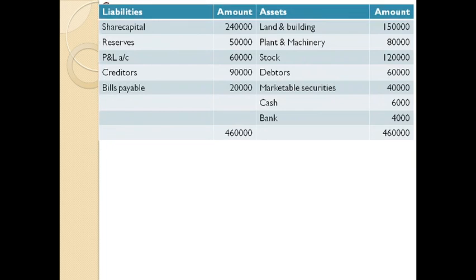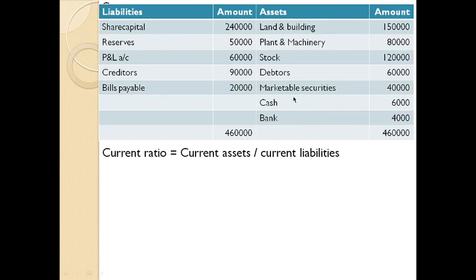Okay. In the question, all these details are given. As per the short-term financial statement analysis, there are 3 types of ratio under liquidity ratio analysis. First one, current ratio. Current ratio equation, current assets divided by current liabilities. So you need to find what all items come under current assets. Items like stock, debtors, marketable securities, cash, bank. All these come under current assets.